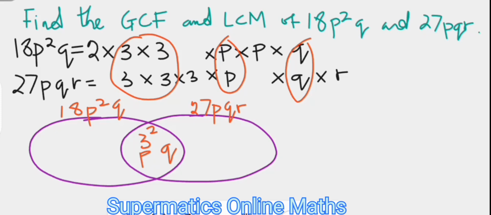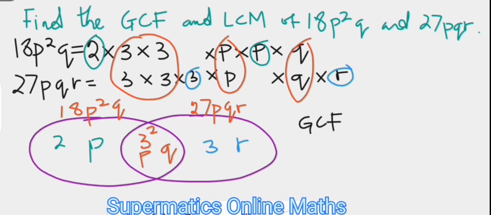Then what is left in 18p squared q is 2 here and a p here, while what is left in 27pqr is a 3 and an r. So the GCF is just the intersection, which is 3 squared, that is 9, and pq. That's the GCF. While the LCM is going to be the product of all the factors that we have all together, like the intersection. So we've got 2p,